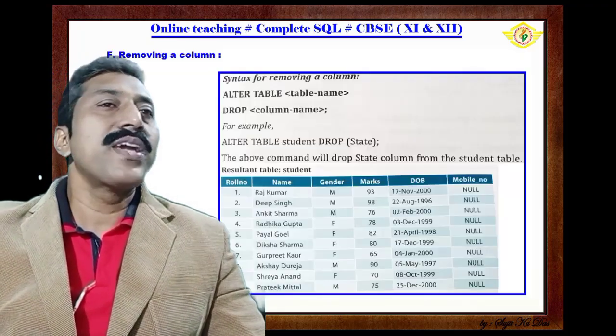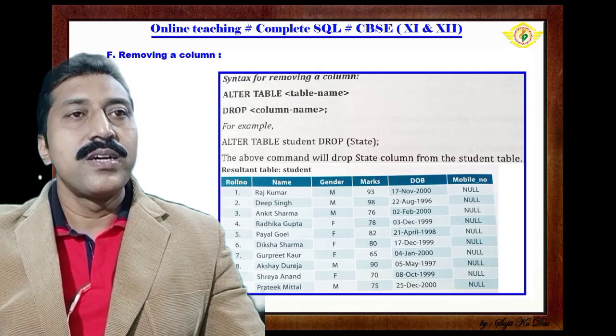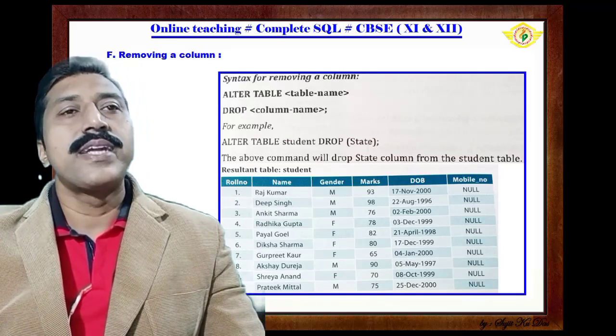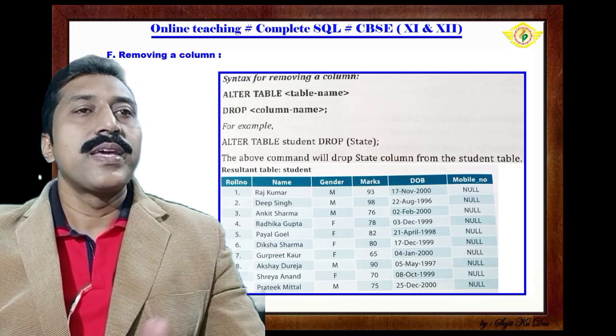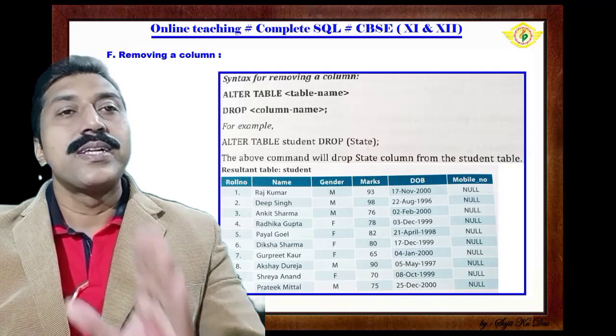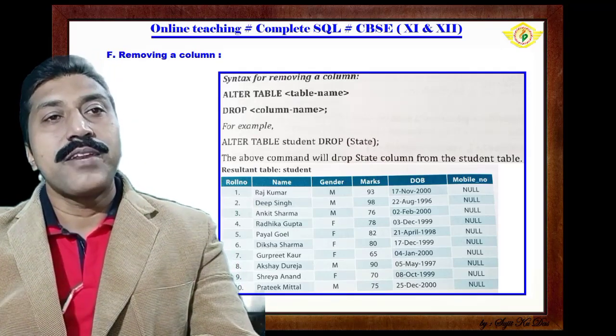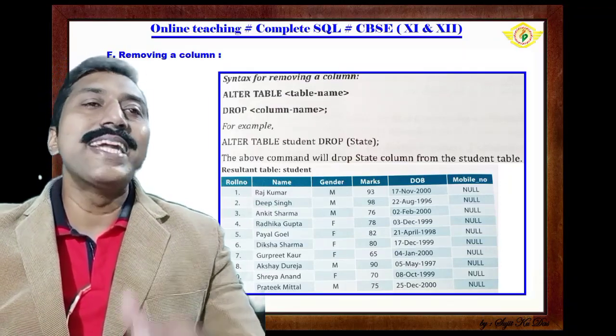Removing a column: for that we can use the DROP command. ALTER TABLE table name DROP column name. Example: ALTER TABLE student DROP (state). In this way we can drop or delete a particular column.